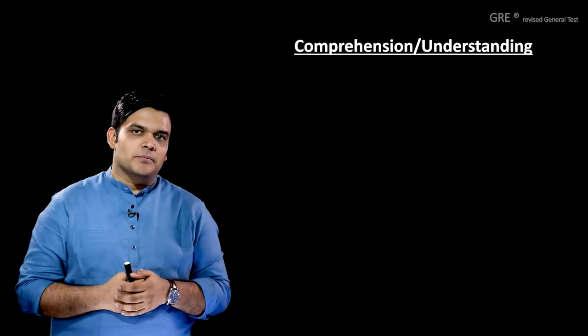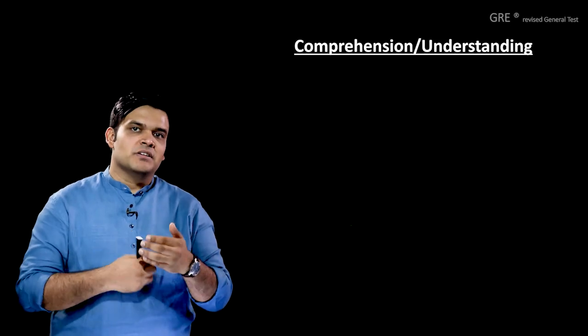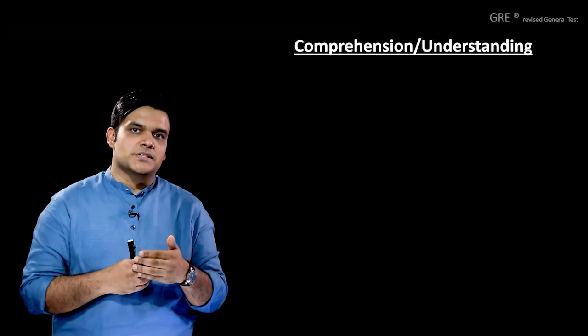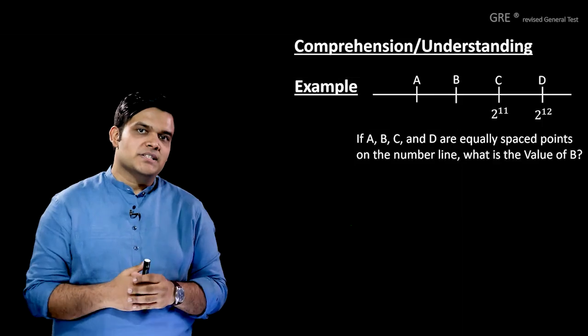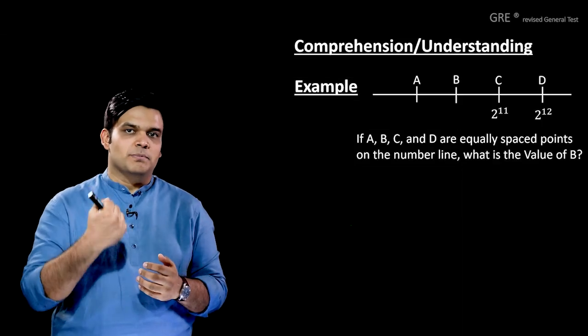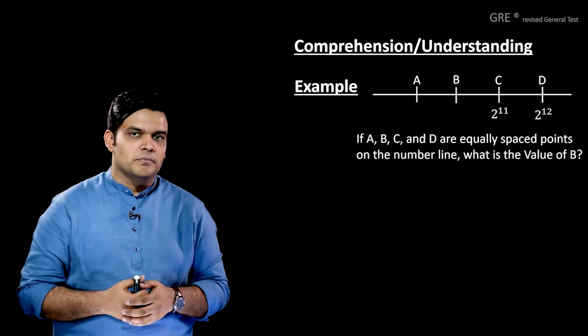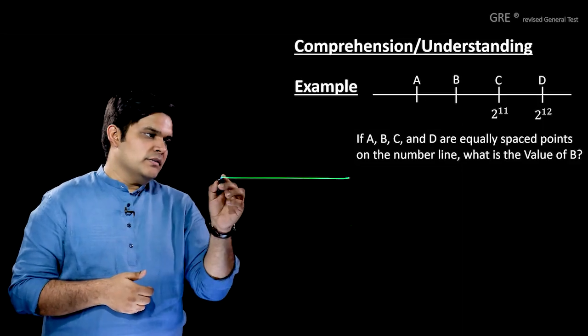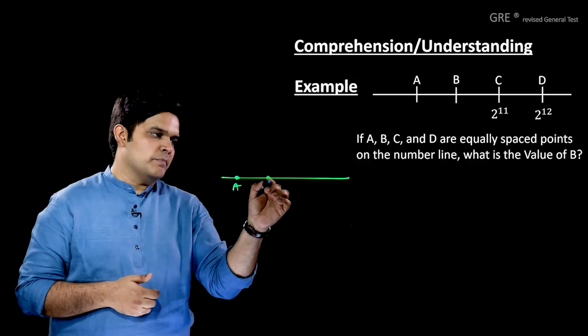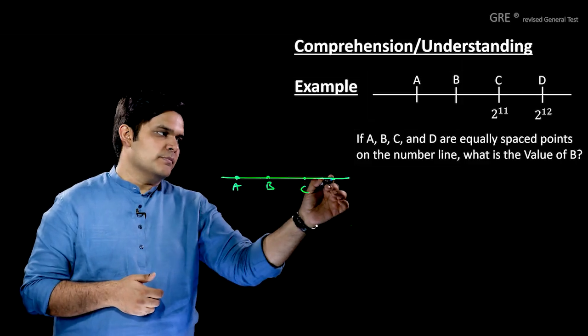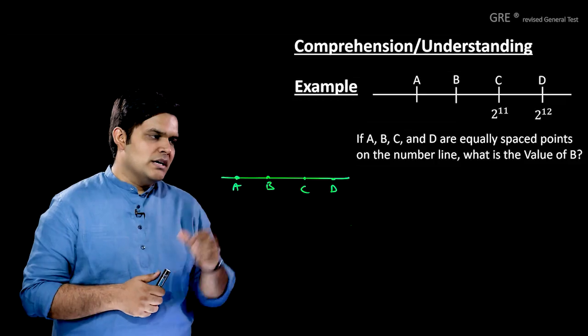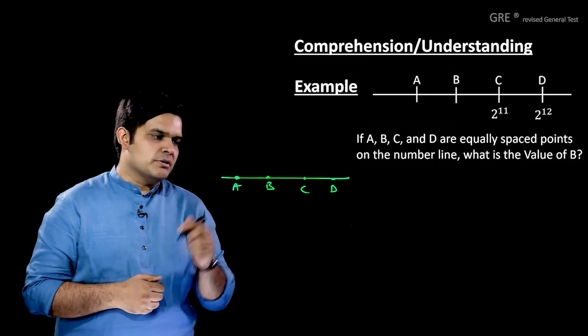When it comes to understanding, after concept, the point is the way you read, the way you comprehend things. Let's take an example to understand that. Concept, yes, but the way you read and the way you relate is also important. Let's say there are 4 terms, A, B, C, and D, and all these 4 terms are equally spaced on the number line,